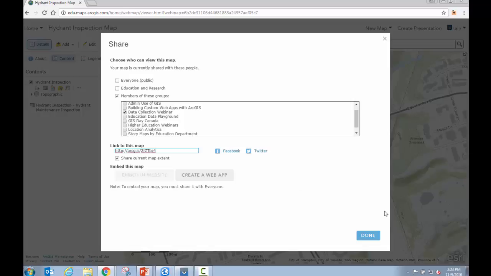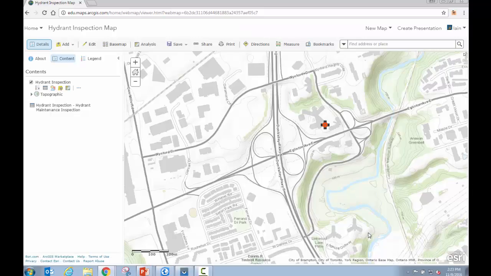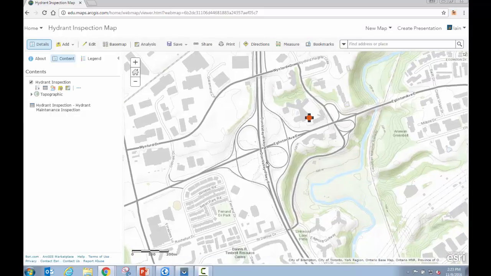And with that done, that's it. You've really done the entire workflow. And I'll make sure that when we start touching on the Collector for ArcGIS, the data collection app that I'll highlight today, that I show you this hydrant inspection map as well. So two different options for creating data, depending on your needs. Both